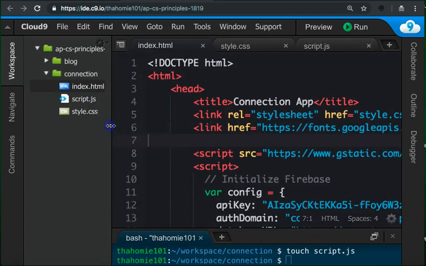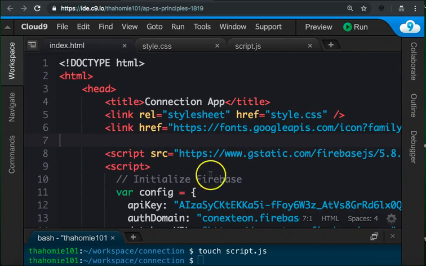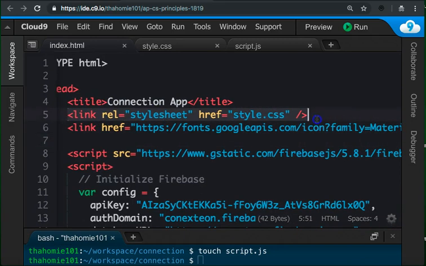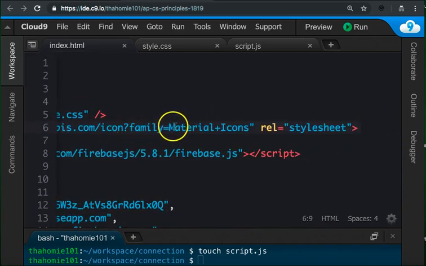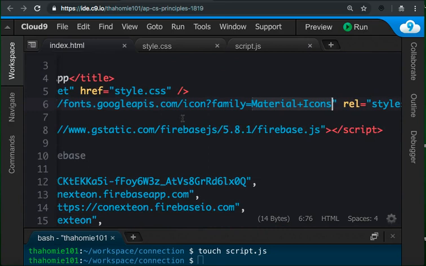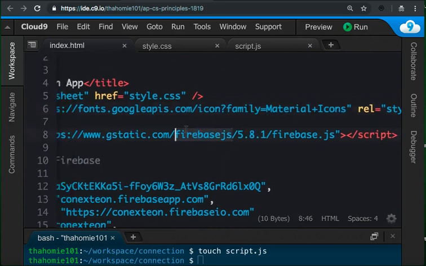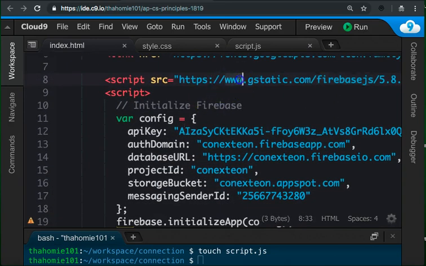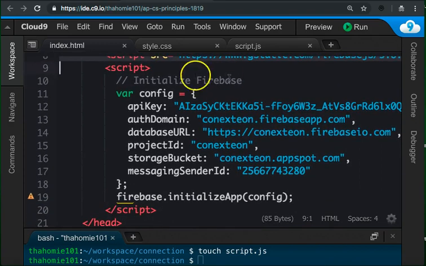So in your index.html, which I've put all of the code in the Slack for you, you have a couple things. In the head of your file, you have this link to our style.css. You also have this link here to a thing called material icons, which allows us to use Google's material design icons. So these are two style sheets. We also have two scripts in the head. One to pull in the Firebase library, and one script to actually initialize Firebase itself and